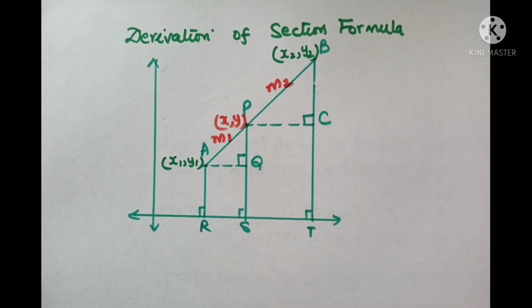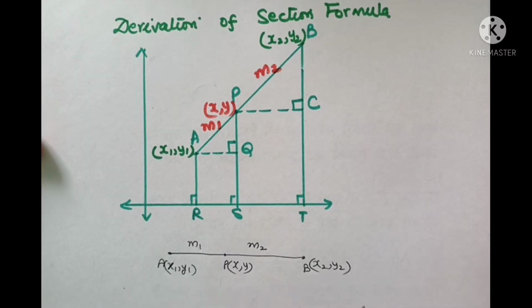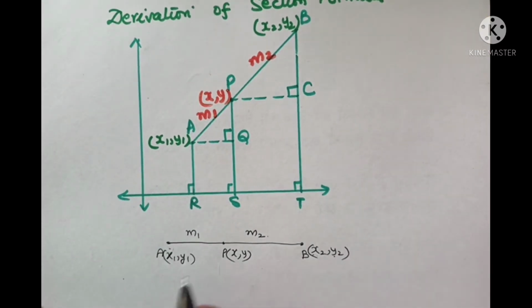Now let us see what section formula is. We have 4 variables, points P, A and B and ratio m1, m2. So point A is (x1, y1), B is (x2, y2) and point P which divides AB in ratio m1 and m2 is (x, y). So to find out x, use cross multiply and also focus yourself only